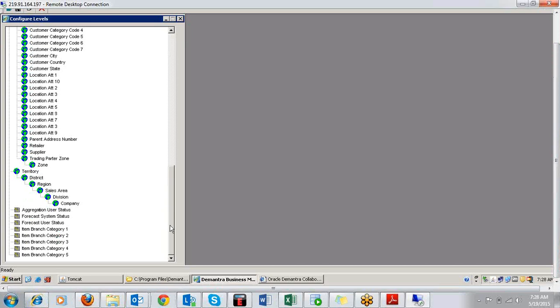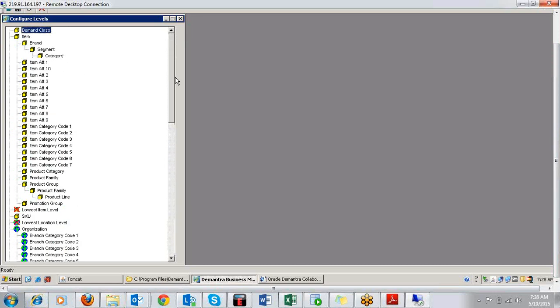Now this is an older version, so the general levels are not there by default. But in new versions you will have them. So if you look at a particular level, you can either create a new level or you can use the seeded levels. So if I show you the seeded levels,